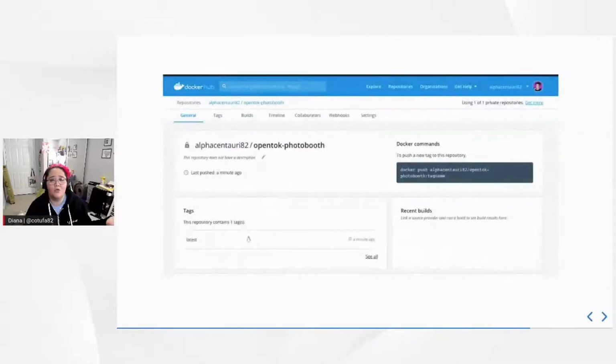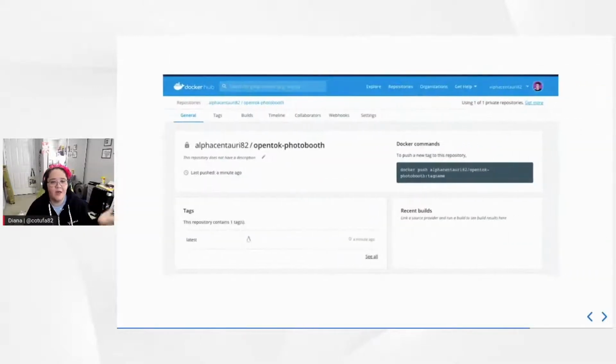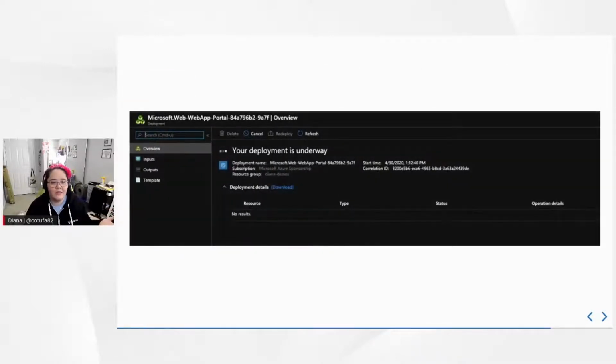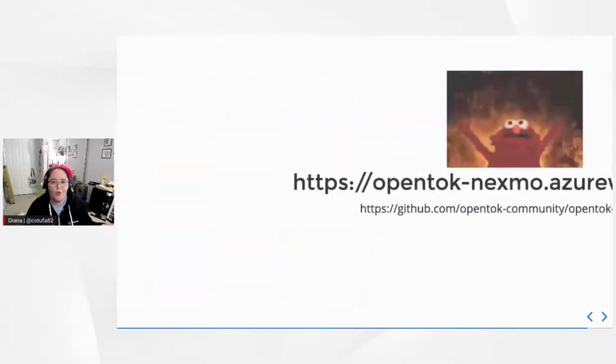This is the container I used, and then just include the details, the repository name, the container name, etc. As you can see, my username and password, and it will pull the image with whatever tag I specify. In this case, this one. And in a few clicks, the deployment is on its way. And I'm sure you want to see a demo. So go to